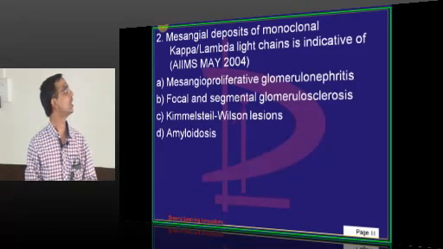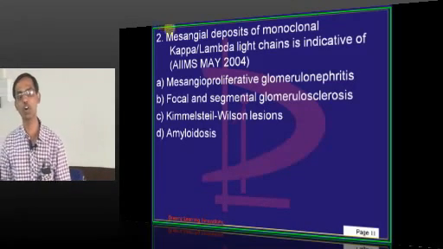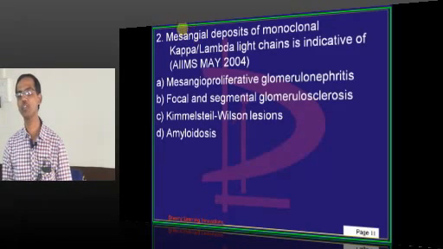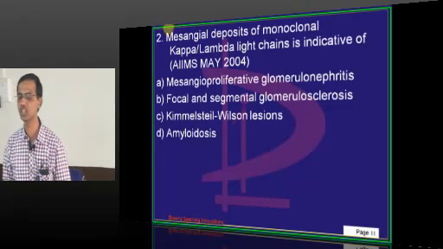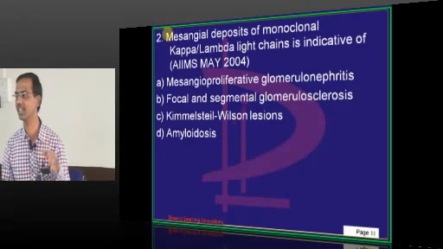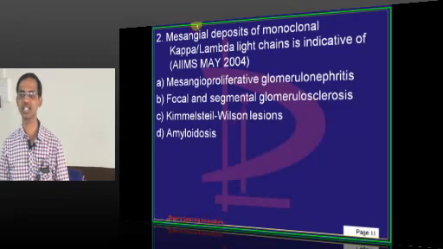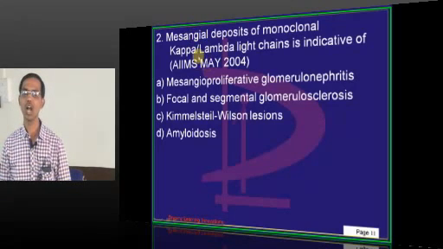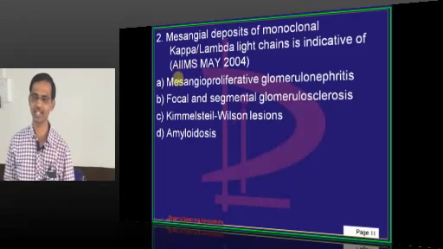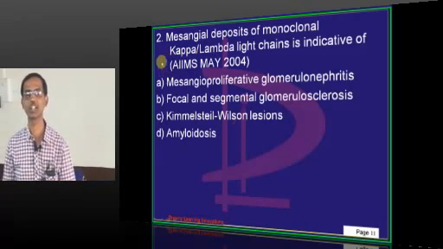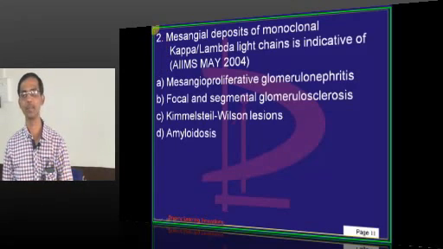Kimmelstiel-Wilson is one example. Here we are talking about deposition of kappa or lambda light chains. Light chains of immunoglobulins are deposited in which disease? In different organs, light chains of immunoglobulins get deposited in amyloidosis. Amyloidosis is characterized by deposition of immunoglobulin light chains, either kappa or lambda. That is called light chain restriction, either kappa or lambda. They can get filtered in urine, and those proteins are called